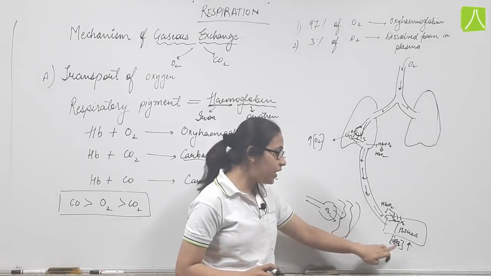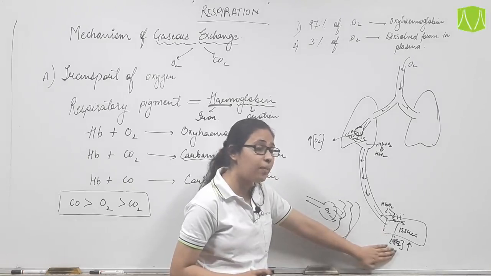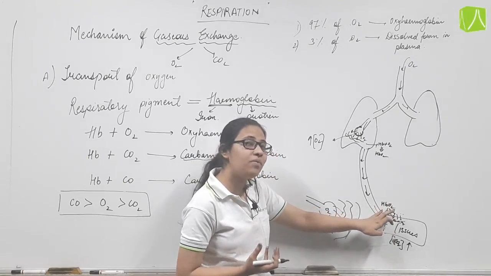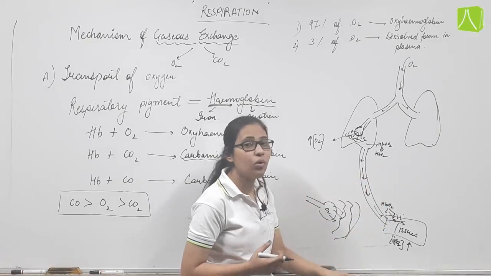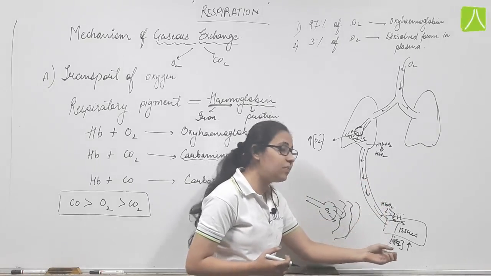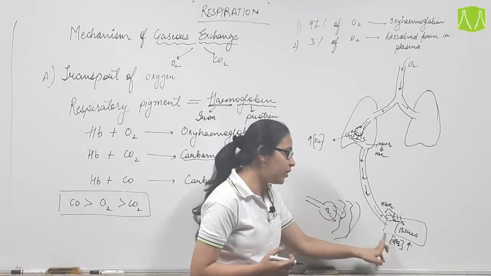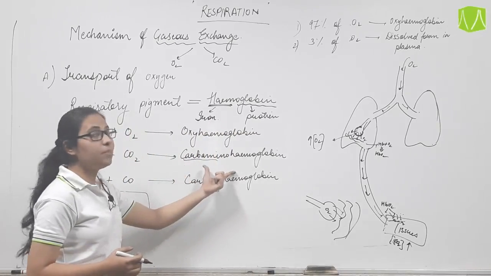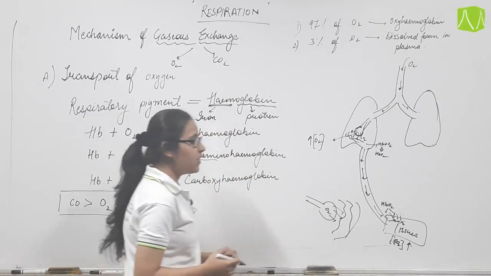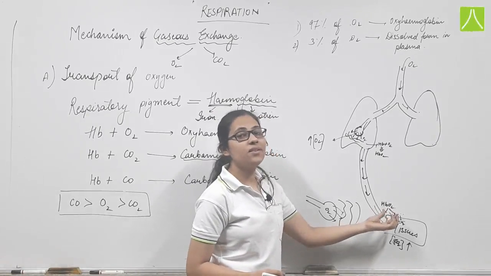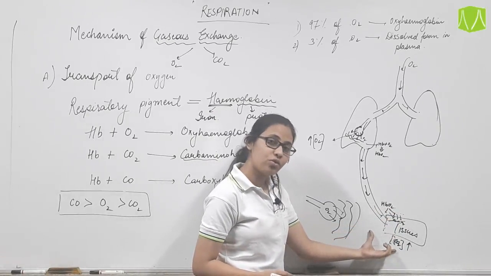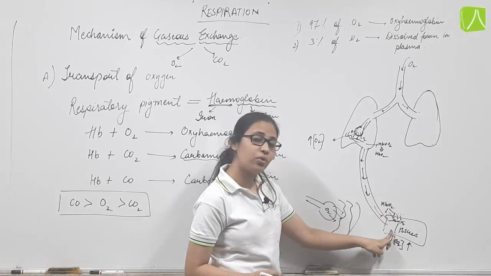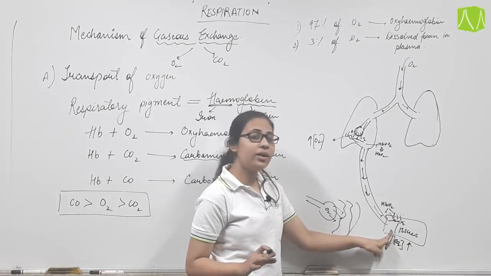Now here the concentration of oxygen is high, so this O2 diffuses into the tissue. Over here the concentration of CO2 is high, so the hemoglobin which has been dissociated from the oxyhemoglobin structure will now bind with this CO2 to form the structure called carbaminohemoglobin. Oxyhemoglobin is dissociated at the tissue site to form oxygen and hemoglobin. Oxygen then diffuses into the tissues, where it is later utilized.